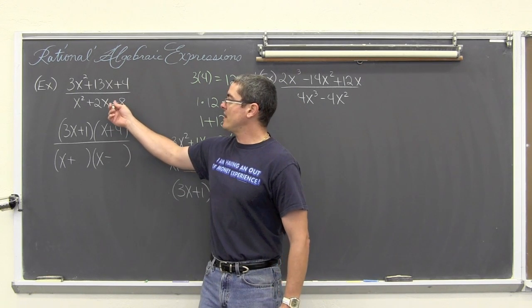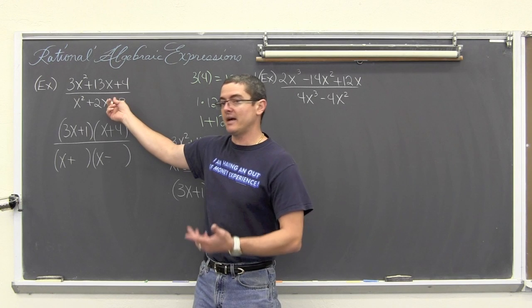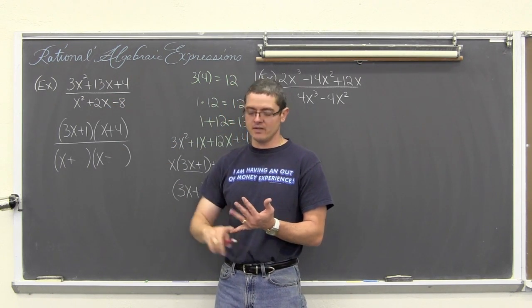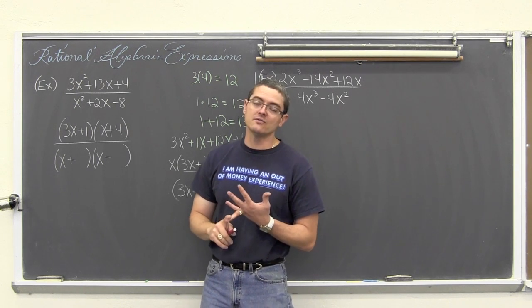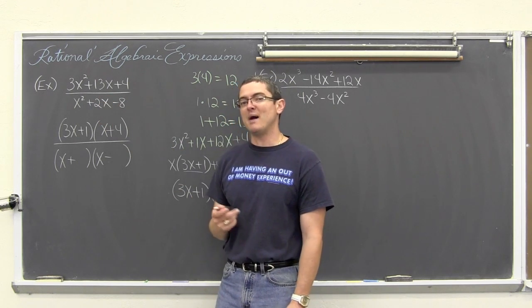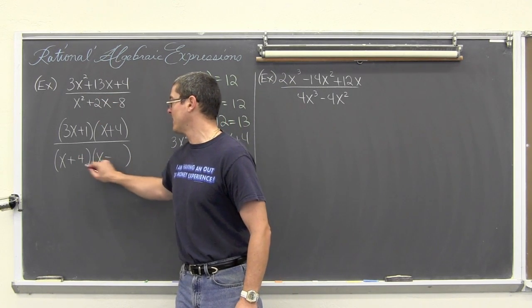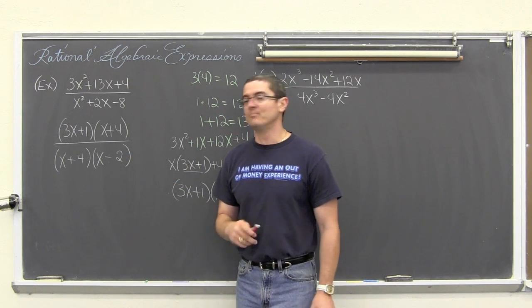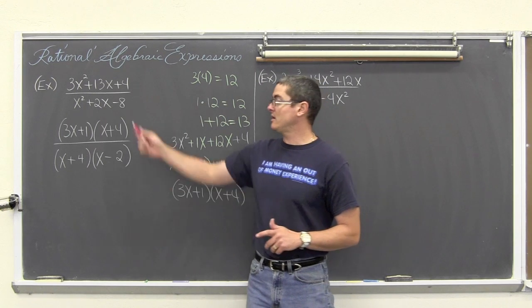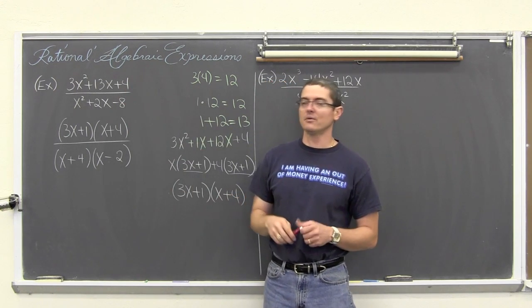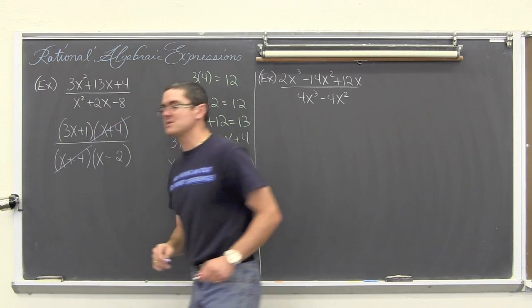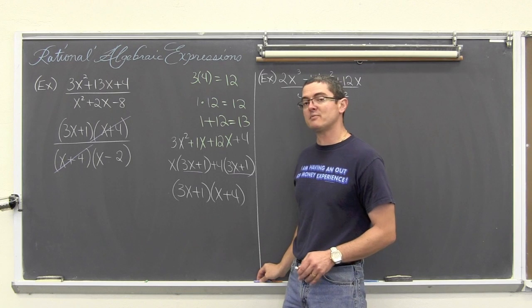We're looking for factors of 8 that subtract. If this were plus, it'd be saying add. We're looking for factors of 8 that subtract to be 2. Well, we have 1 and 8, that subtracts to be 7. 2 and 4, which can either be negative 2 or positive 2, depending on how you do your subtraction. And we do want a middle coefficient of positive 2. So we want a positive 4 and a negative 2. And if you're not sure if that's right, distribute the denominator or numerator back together and make sure that it equals one of your original polynomials or both. Now, we have these common factors that will cancel out: the x plus 4.